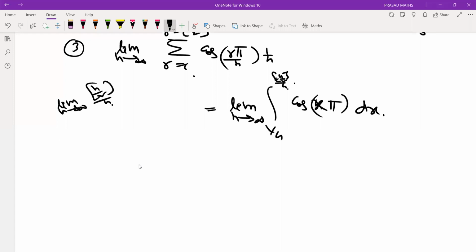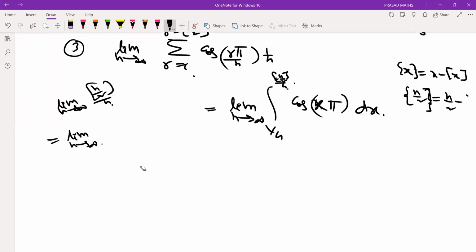ఇంతకుముందు చెప్పాను, ఇట్లాంటి టెక్నిక్, ఇట్లాంటి ఎక్సర్సైజ్ ఇచ్చాను, మీరు చేశారో లేదో తెలియదు. Fractional part of x is nothing but x minus step x. I require actually the fractional part of n by 2. Fractional part of n by 2 is nothing but n by 2 minus step of n by 2. But what I require, step of n by 2 is nothing but what? n by 2 minus